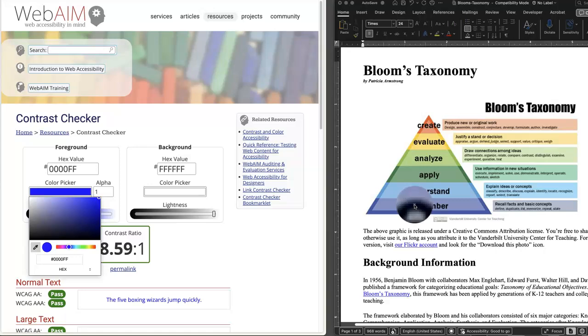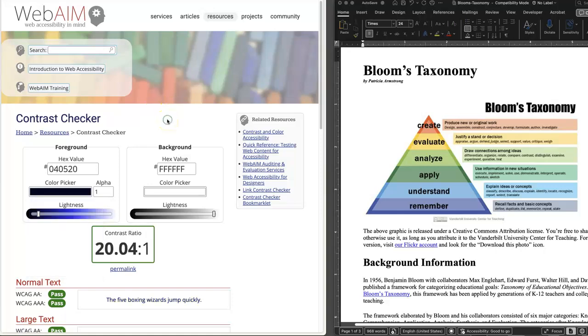And I can sample that color by selecting. Now on the left side, in my contrast checker for the foreground, the color picker has changed colors, but the hex value code above it has not changed. Select anywhere in the browser window and the hex value will update in the hex value field.